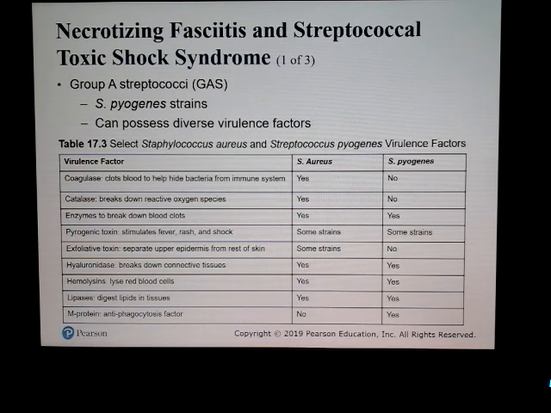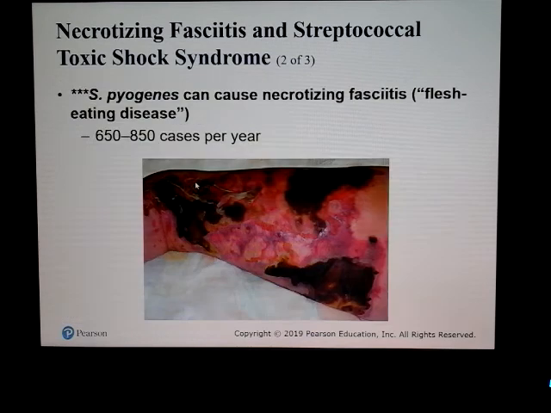There's a lot of different types of virulence factors out there, guys, that not only staph, but also Streptococcus pyogenes possess. And group A strep is one of those that has a very diverse number of virulence factors. They're all listed here for you to take a look at when you get a chance. So please know that